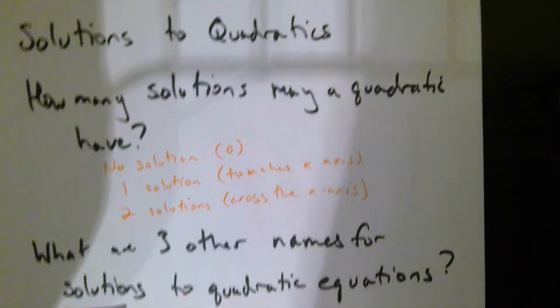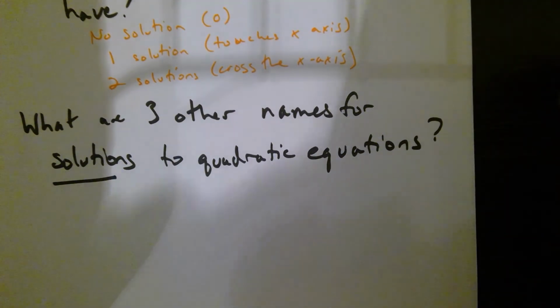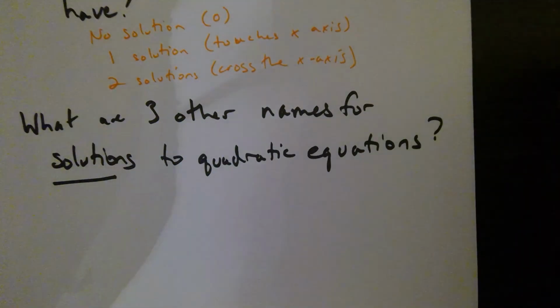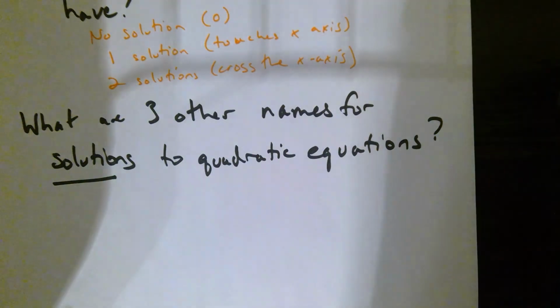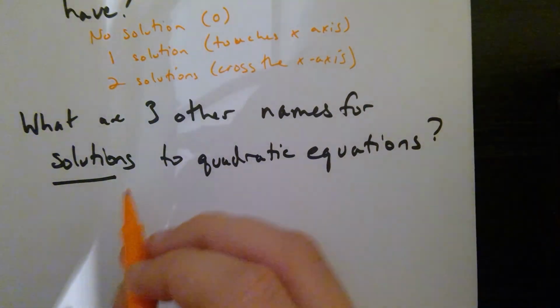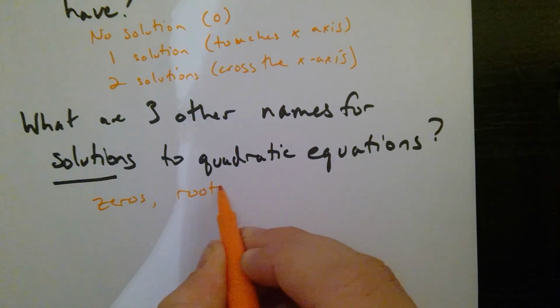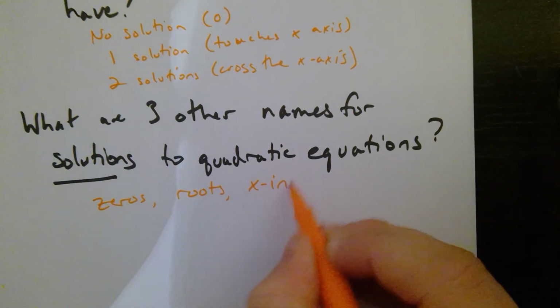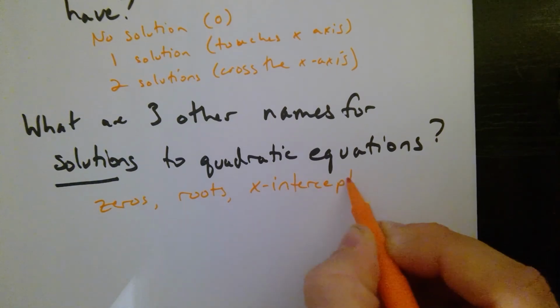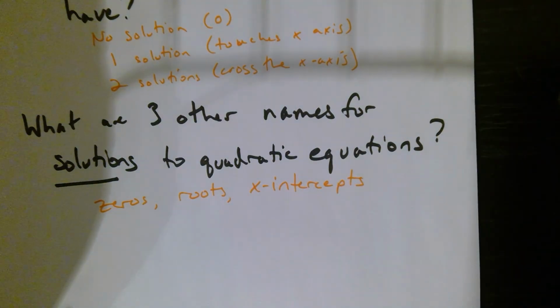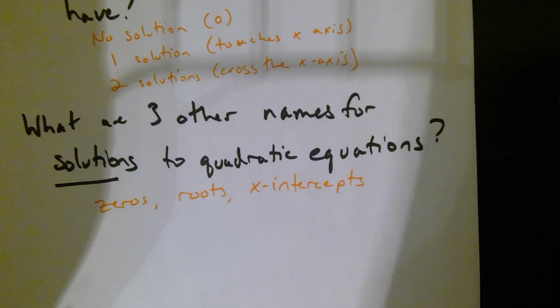Okay? Now let's go to this other one. Three other names for solutions to quadratic equations. All right, those are called zeros, roots, and x-intercepts. Hopefully we remember this from last semester. If not, we need to remember this because it will be on our next quiz and it will be on our next